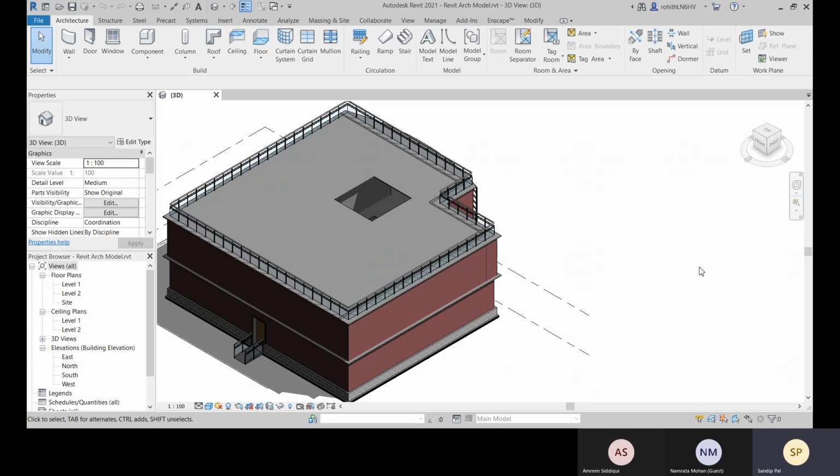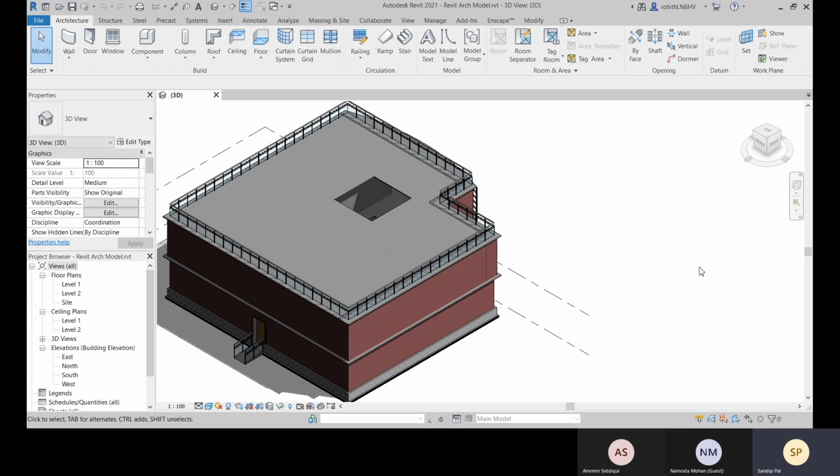It is kind of similar to system families. You cannot load into, or you cannot save it. But you can use your family editor tools in your project. You can assign properties to that.